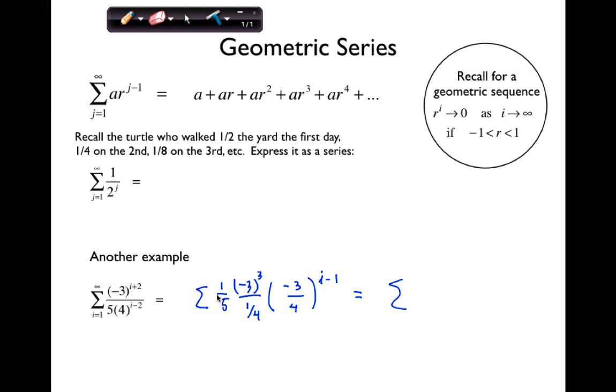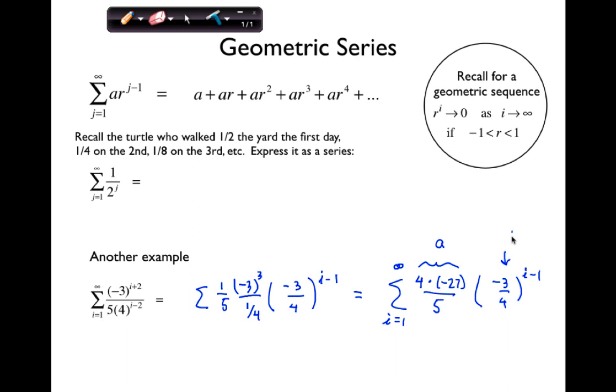The A value is going to be 4 times negative 27 over 5. So I got a 4 up in the numerator, times negative 27 all over 5, and then negative 3/4 to the i minus 1. So here's my A,